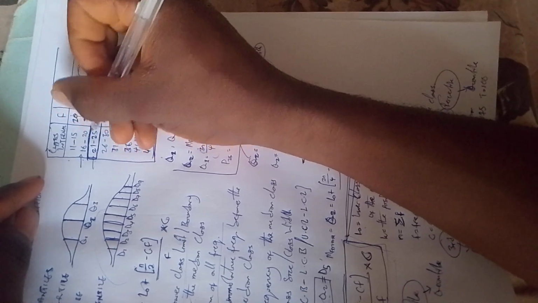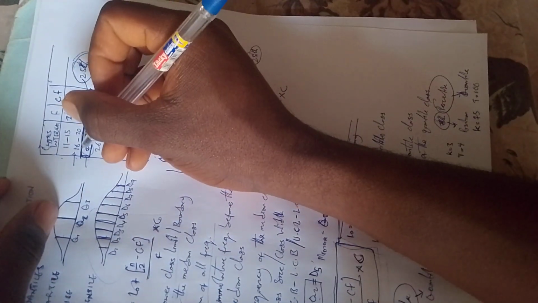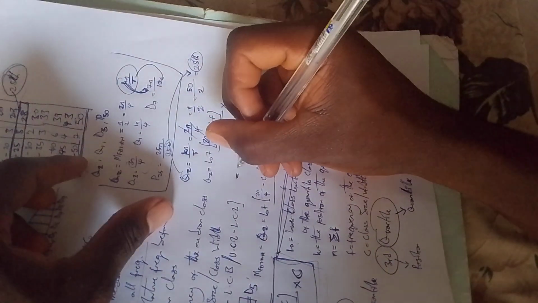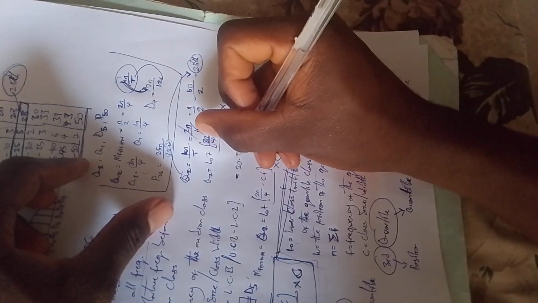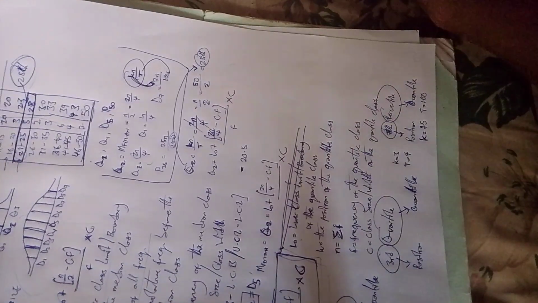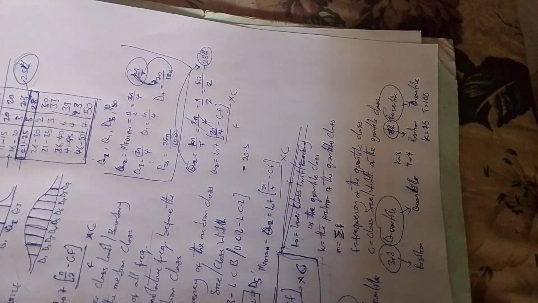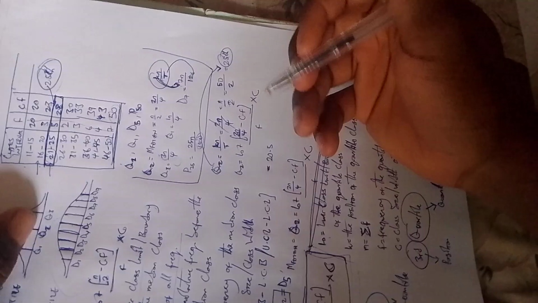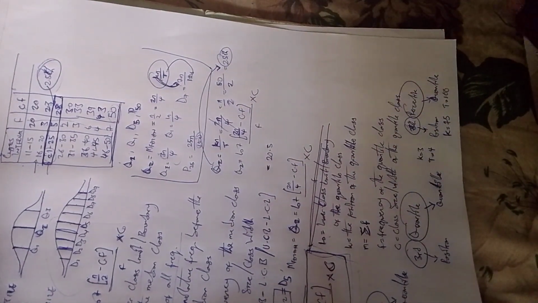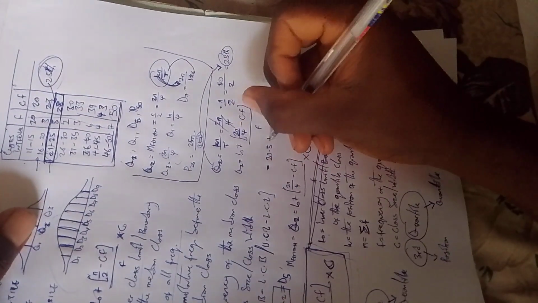So it is 21 to 25. The lower class limit in this case will be 21, but my lower class boundary will be 20.5. Let me use the lower class boundary because it is more accurate. But it will still give you just a 0.1 difference if you use the lower class limit or the lower class boundary. You can try it out. According to research that I made, the class boundary is more accurate. So 20.5 plus